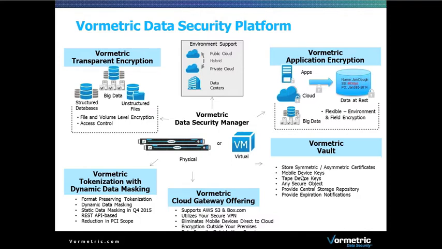Now, lastly, down below, you'll see our Vormetric Cloud Gateway. Oftentimes customers find out, or the security department will find out later, that a business unit is already pushing some sensitive data to Box, S3, or other cloud providers. You want a way to retrofit security without having to unravel what they've done or essentially pull that data back from the cloud provider, encrypt it, and push it back. So what we've provided customers is a very quick way to retrofit using our Cloud Gateway. Right now it's for Caringo, S3, and Box, but essentially as your data leaves premise, you proxy that data through our virtual cloud gateway, and it will encrypt that data as it leaves your premise,